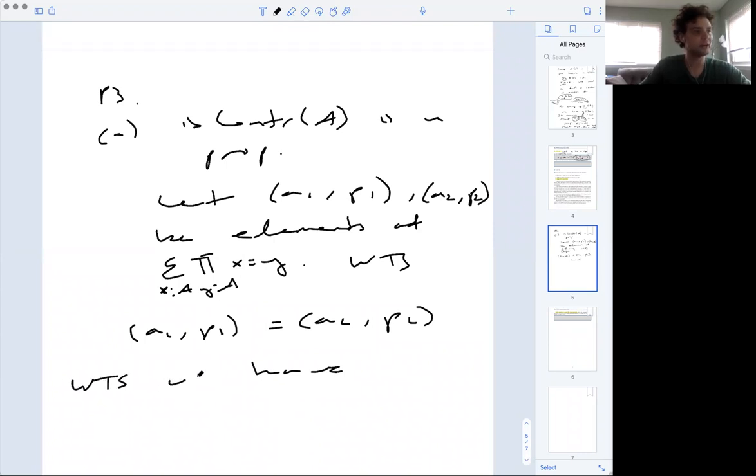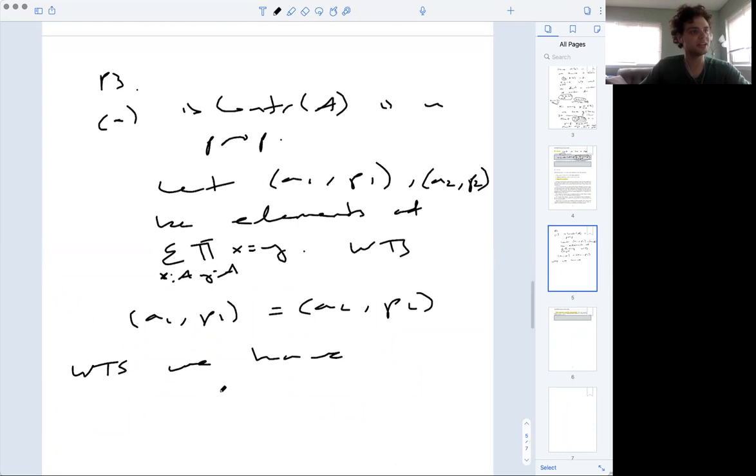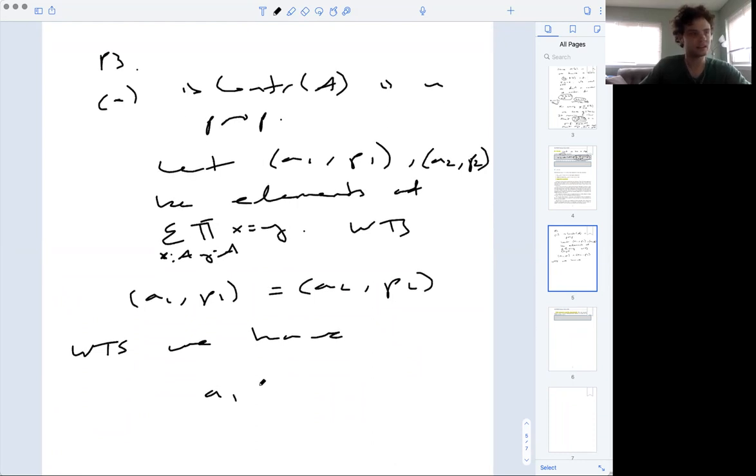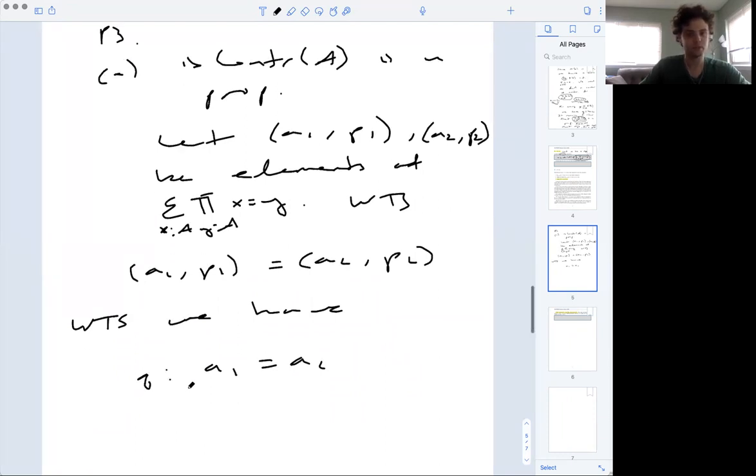We want to show we have an identity, and let me call this Q. So we want to show that we have a path Q between A1 and A2, and